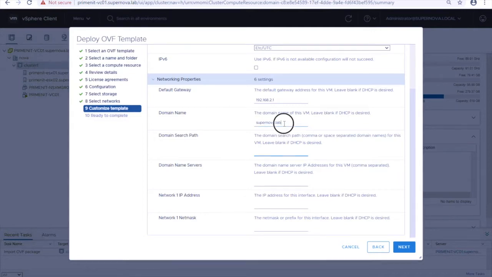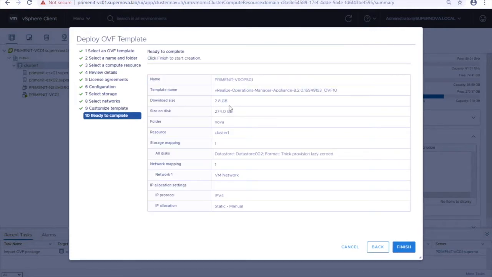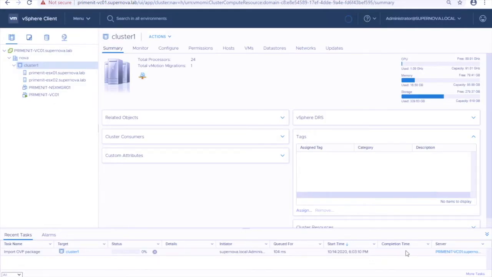I'm going to keep the same name here. The name server is 160.2. That's my DNS server. And then mask. Next. Okay, quickly validate the configuration and then click finish. This might take a